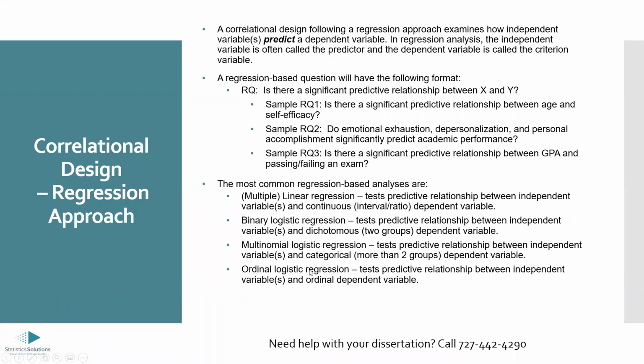And then the specific analyses are down here, and the choice of what regression model. Regressions are the best approach to use when you're predicting. The choice of which regression model is dependent on how your outcome is measured. If you have a continuous outcome, you do linear regressions. If you have categorical outcomes, you do logistic regressions. If you have a two outcome, like passing and failing in an exam, that's dichotomous. That's when you do a binary logistic regression. If you have three or more possibilities, multinomial. And if your outcome is ordinal, that's when you do an ordinal logistic regression.